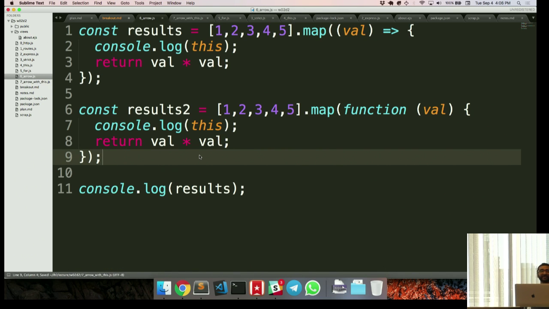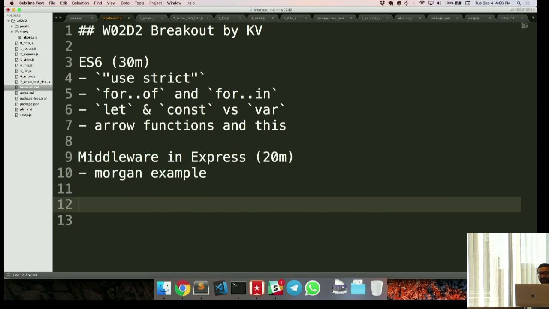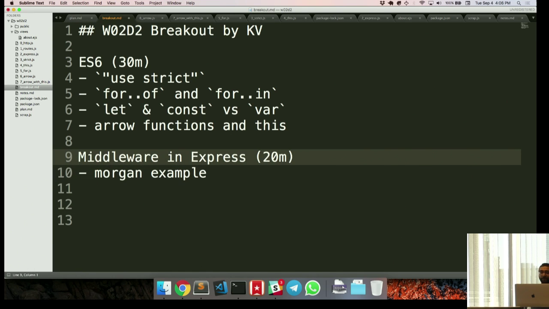Okay, we're at 4:06, which means I have 4 minutes instead of the 20 I had estimated in order to talk about middleware and Express. I don't know if that's long enough, and I might not do it justice if I do that. I would rather it be left for tomorrow's lecture, because I don't think this will be a hindrance to you in terms of what you're doing today.